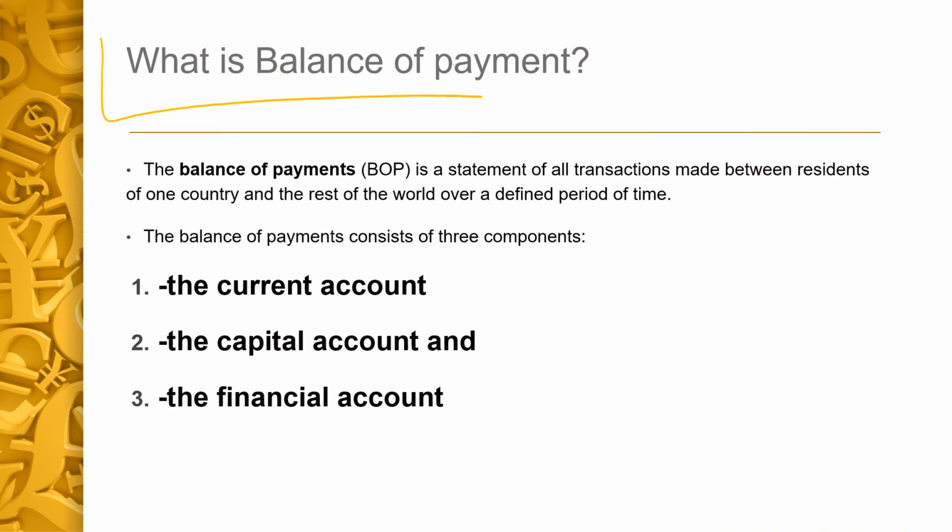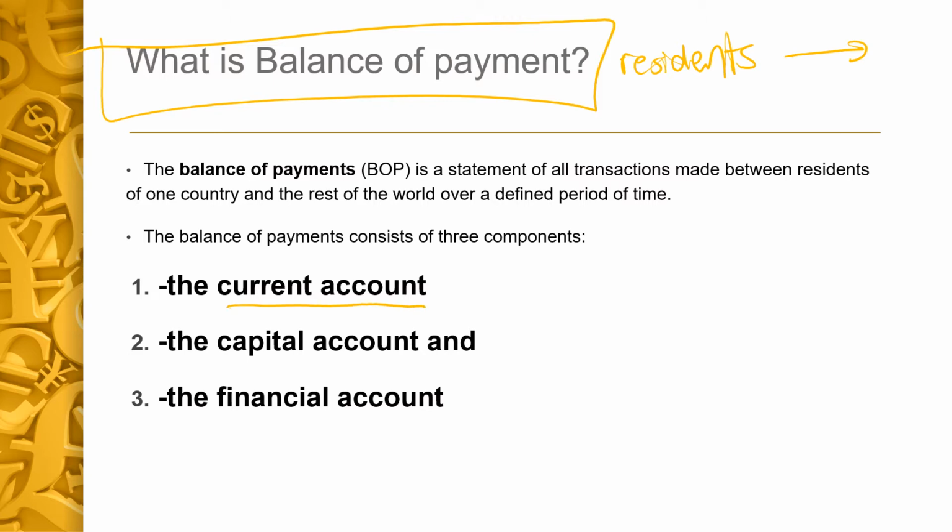So, what is a balance of payments? It is a statement of all transactions made between residents of one country and the rest of the world in a certain period of time. And it consists of three components. It consists of the current account, which would include the trade in goods,